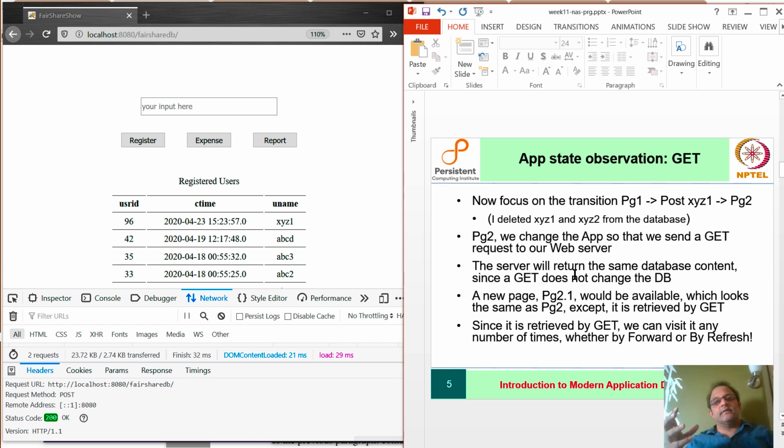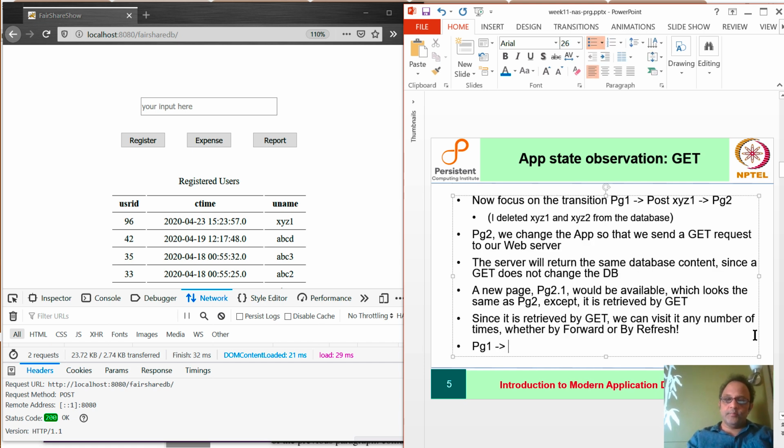So it isn't how you reach a particular state that matters, right? We reached the state of page 2 using a post. But after this point, even if I repeatedly do, page 1, post XYZ1, page 2, get page 2, get, right?